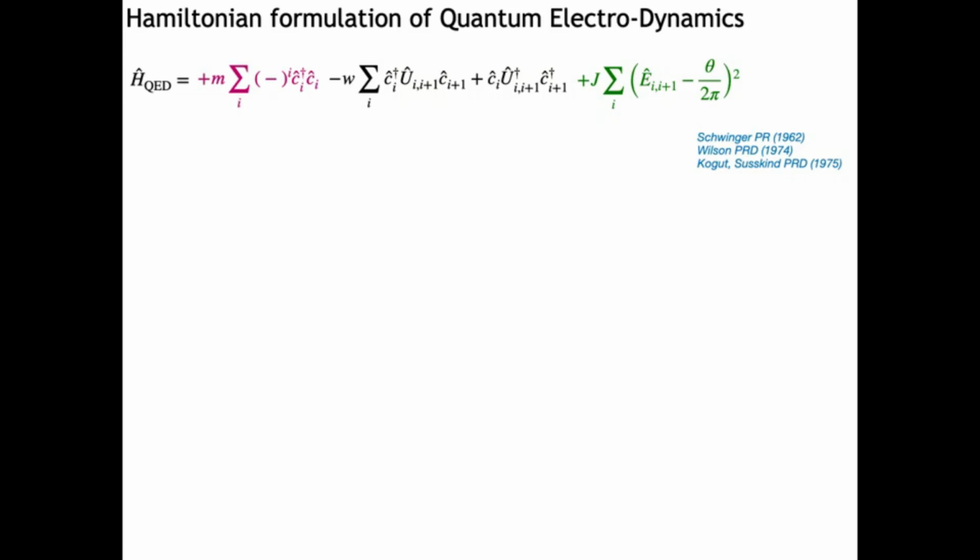So we have these three colors for three different terms. The first one is the mass term. It describes the mass of the fermionic particles, electrons and positrons, or quark and antiquark, right? Then the green part is just the electrostatic energy, so the energy of the gauge field per se, right? So it's a square of a bosonic field. And then this black term is basically the gauge invariant minimal coupling between fermions and bosons, so the gauge